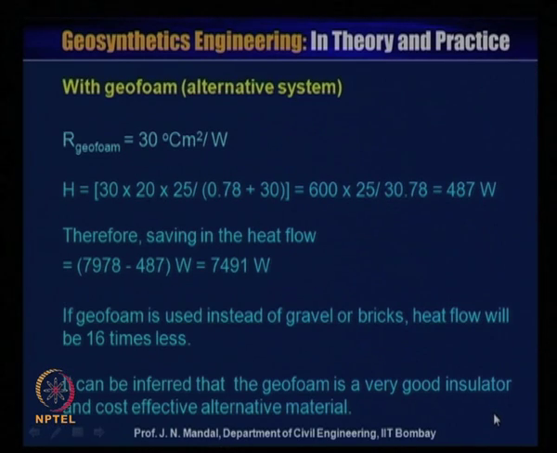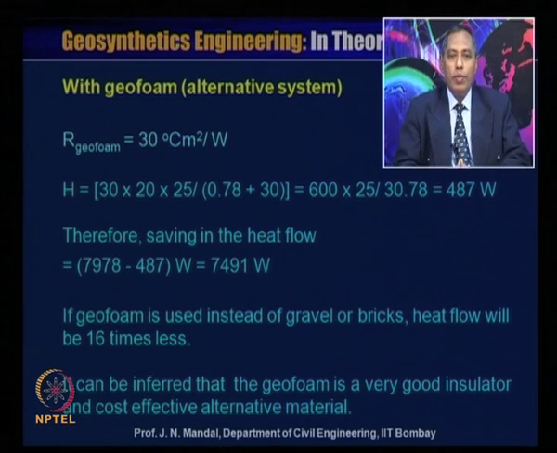Now, if we adopt the alternative system, that is the geofoam. With geofoam, let us say the thermal resistance of the geofoam is 30 degree centigrade meter square per watt. So the heat flow will be equal to, you know that equation, here it will be 30 into 20 into 25, divided by this,